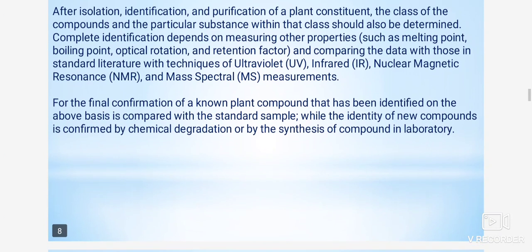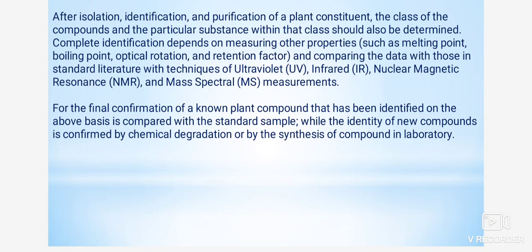After isolation, identification and purification of plant constituents, the class of the compound and the particular substance within that class should also be determined. Complete identification depends on measuring other properties such as melting point, boiling point, optical rotation,